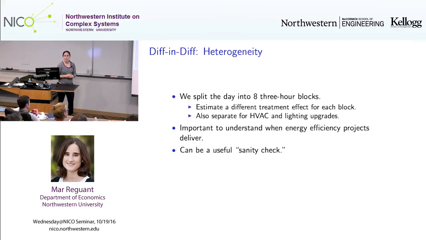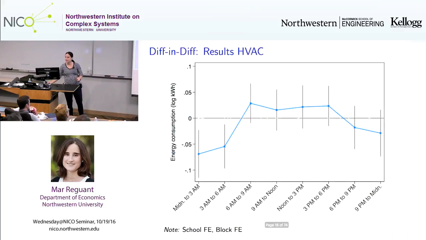Now, looking at the average savings is a bit misleading because these interventions are not supposed to work all day long. For example, if you think about HVAC, it's supposed to work when you have your AC functioning, or lighting, it's supposed to work when you have your lights on. So what we wanted to do is check the profile of these savings across different hours. So here what I show you is the savings from HVAC across different hours. And to our surprise, these estimates were sort of all over the place and definitely not in line with what you would expect from an HVAC system.